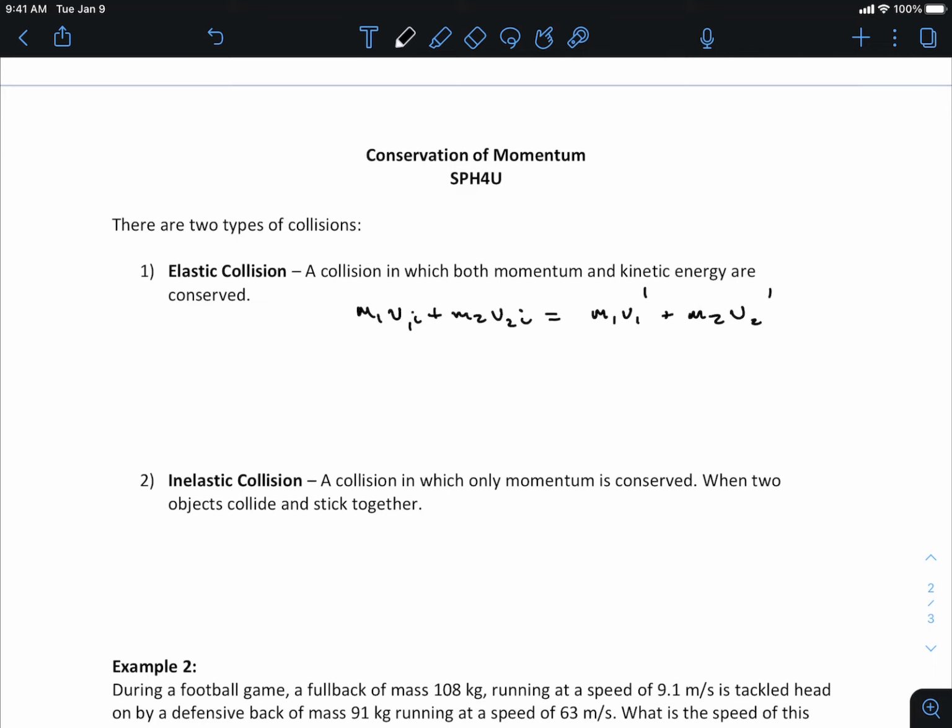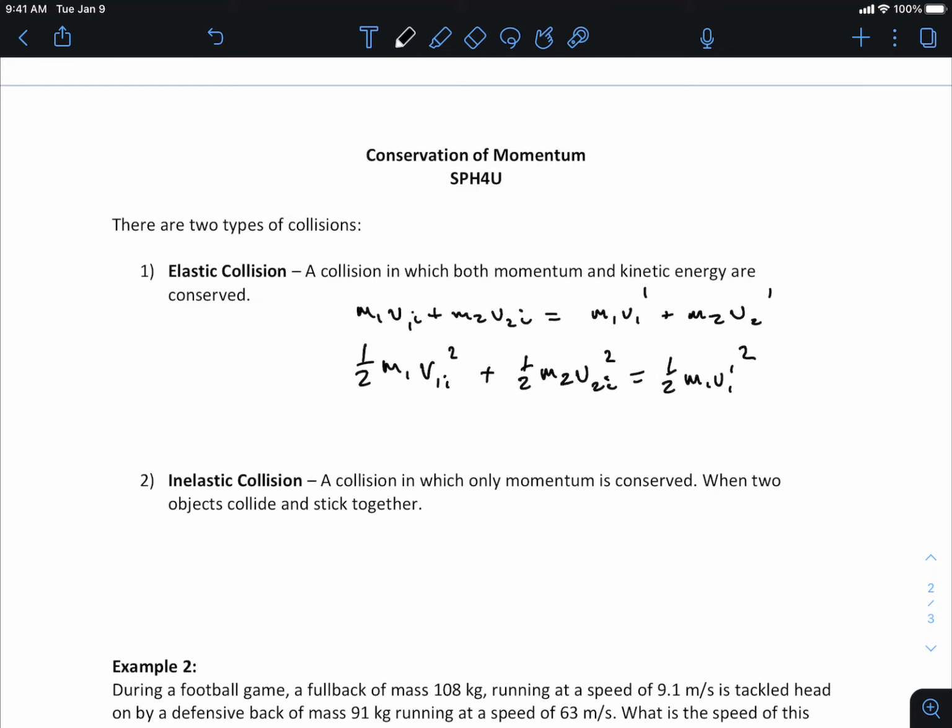Sometimes these take a little bit of thinking to write down. This is our momentum, conserved under elastic collisions, but kinetic energy is also conserved. So we have 1/2 M1 V1 squared, initial, plus 1/2 M2 V2 squared, also initial, has to equal 1/2 M1 V1 prime squared